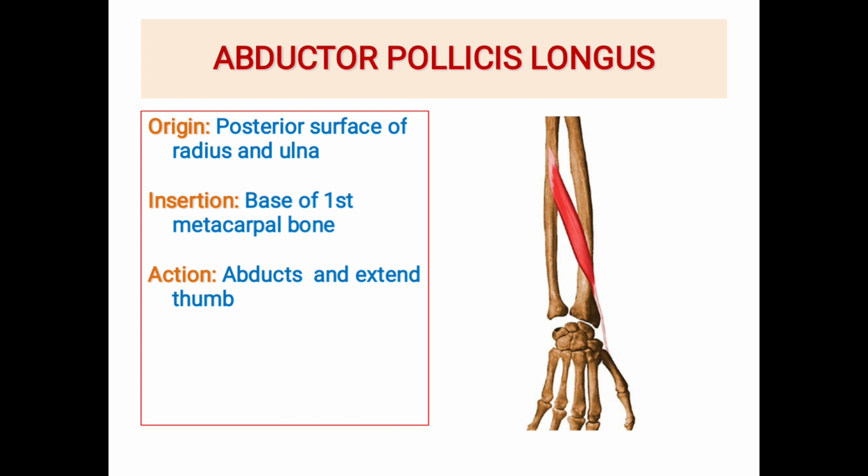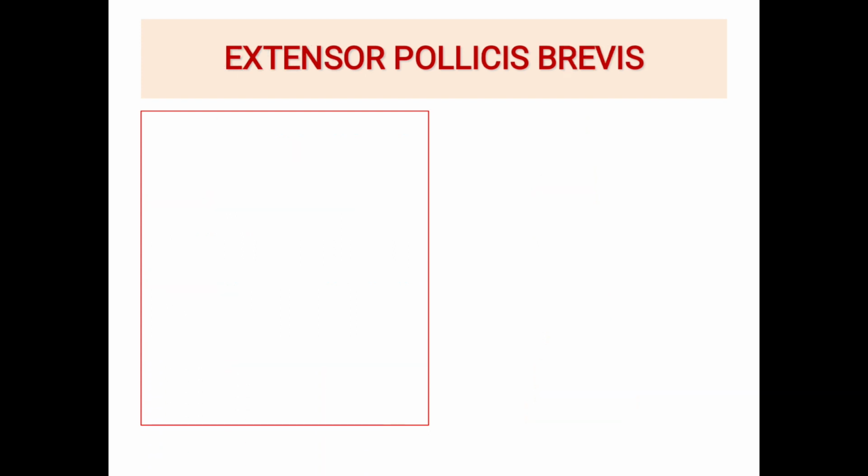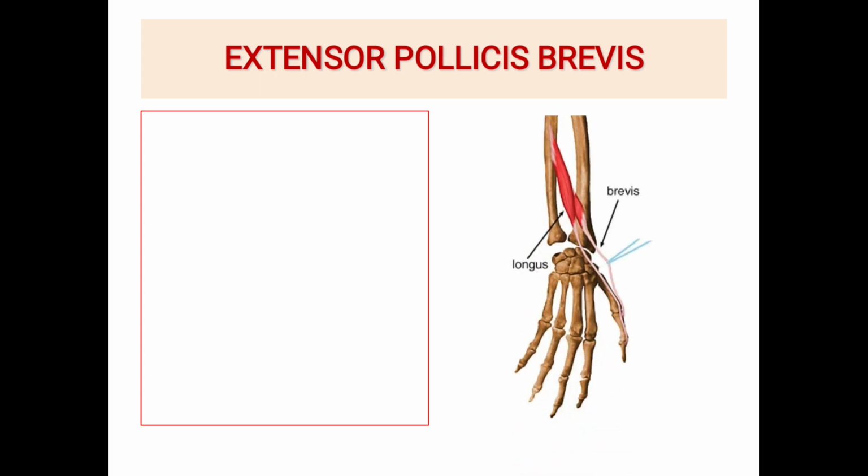Of course, it is from the posterior group, then it is supplied by the radial nerve. Then extensor pollicis brevis. Actually, this is already two. This is your extensor. I'll change the color. This is your longus, that's your longus, and the brevis is right here. It's nearer. So the origin of the brevis is the radius. This is the origin,